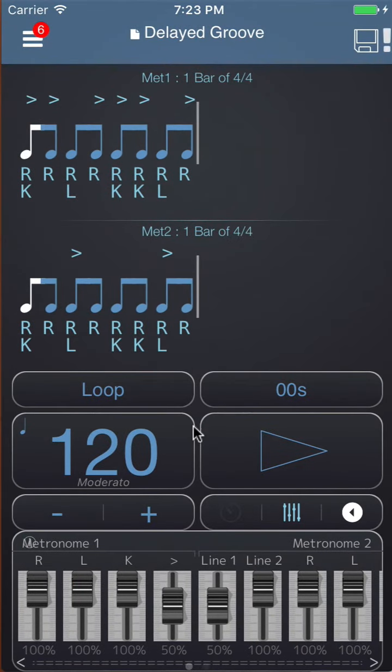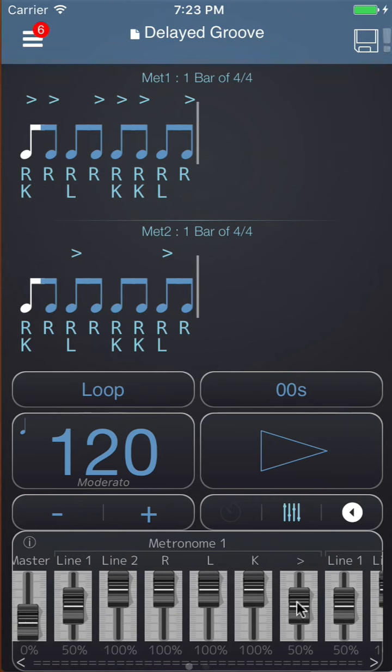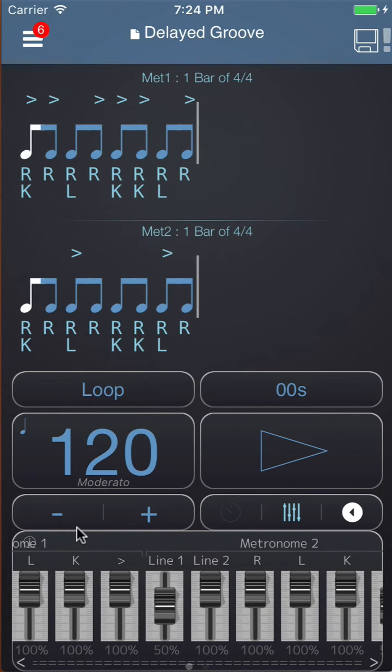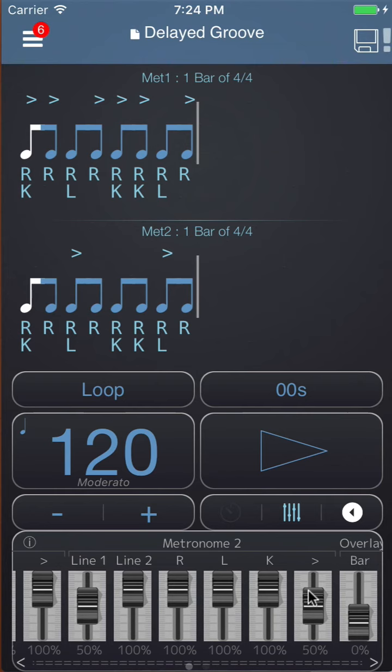So if we go ahead and push the accent fader for Metronome 1 all the way up, that means we're only hearing the accented parts of this pattern. And if we push the accent fader for Metronome 2 all the way up, it means we're only hearing the accented parts of this pattern. So we'll hear the first 2 notes out of Metronome 1 and the 3rd note out of Metronome 2, etc. So when I play this,